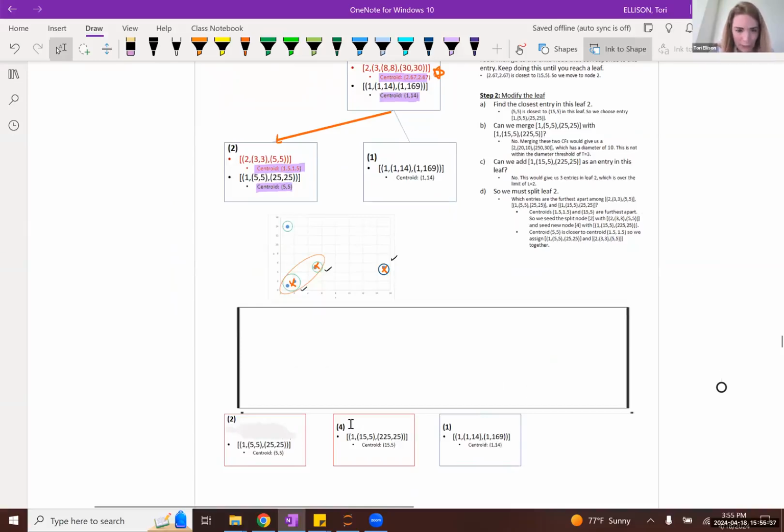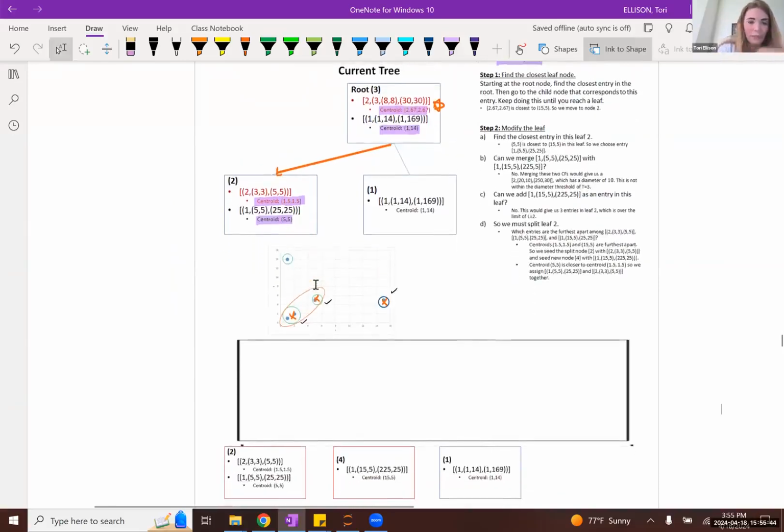We end up seeing that these two subclusters are the furthest apart.